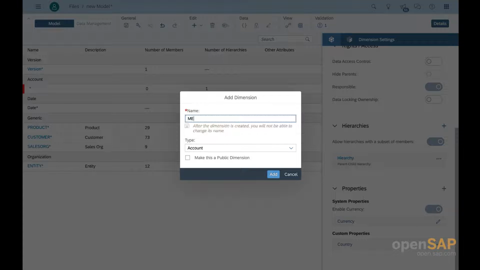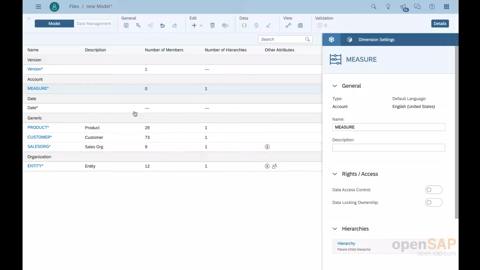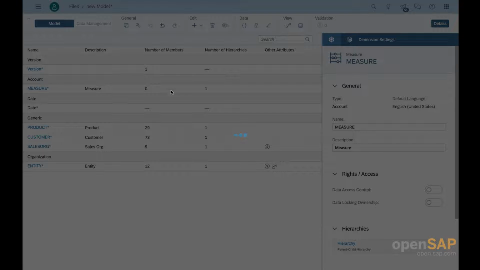And here I call this measure because this is not a financial planning application, but more a sales planning application where you have, from a terminology perspective, typically people use more the measure term instead of the account. So I provide here a description again. And then before I add the KPIs here into my account dimension, I want to switch on my currency conversion. So I navigate here to the model preferences, and then in the model preferences,